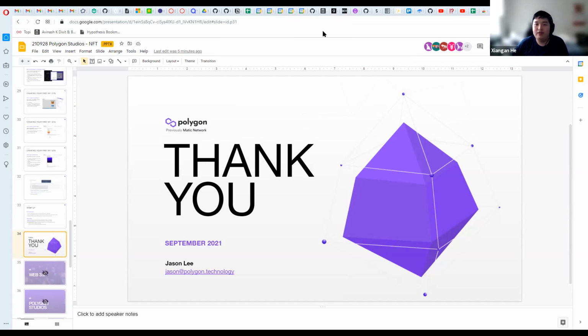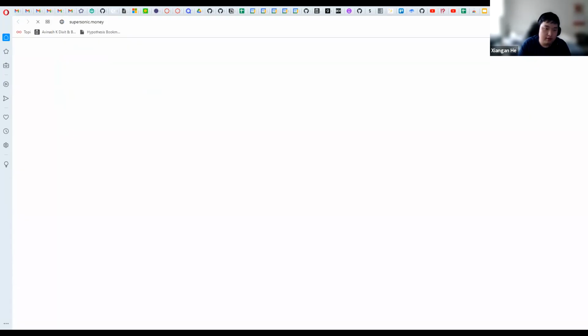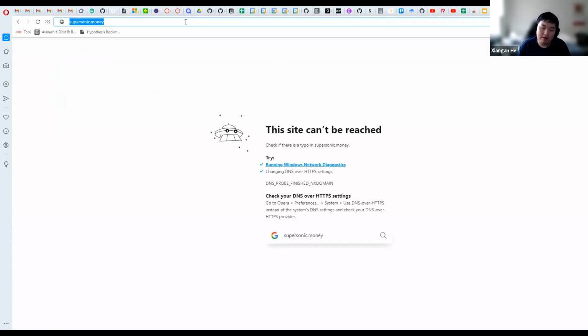Once again, ETH prices are going to continue climbing because there is a burning mechanism now. ETH minting will become a lot less after the merge. And if you see, I think this is the website. Oh man,